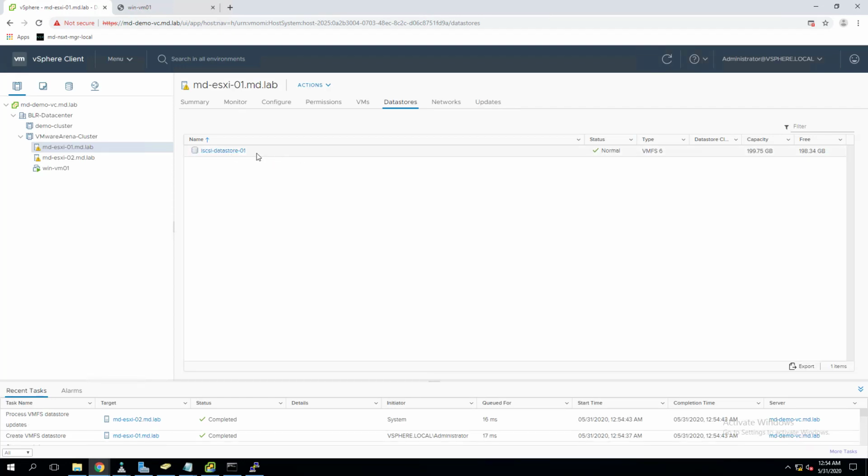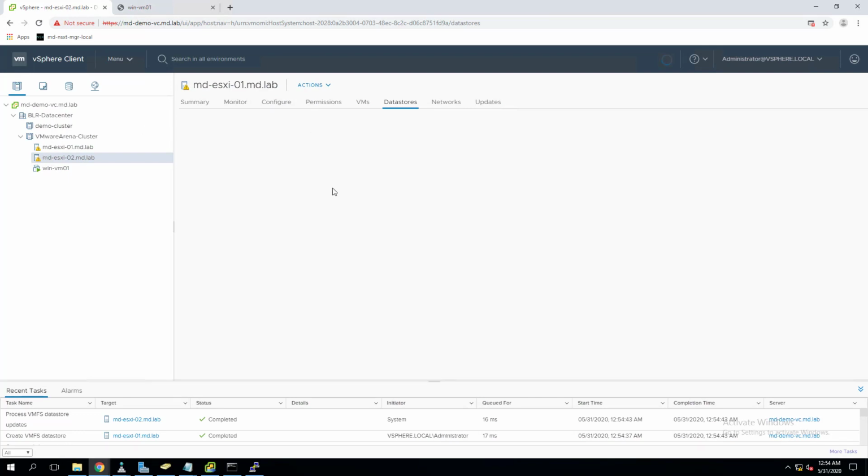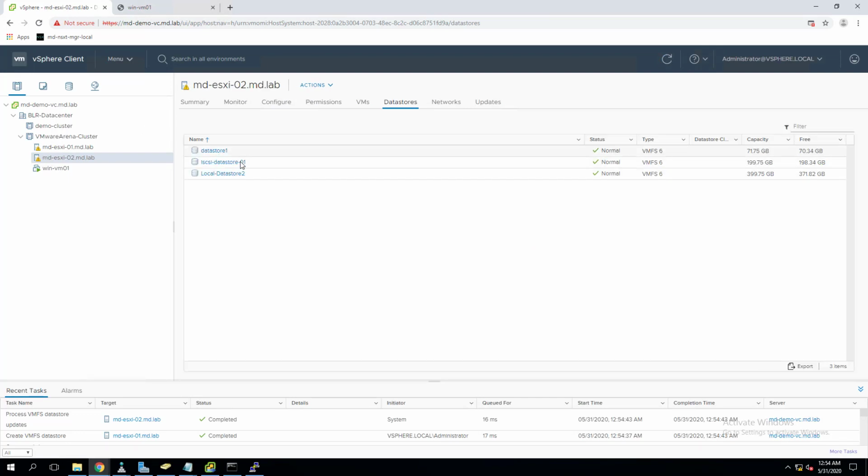Basically, that particular device, it will format as a VMFS file system, so that virtual machines can be stored here. And we don't need to do the same step on the second ESXi host, because once we create a data store on one host, it will automatically detect it, because the backend device is the same, which is coming from my iSCSI server. That's it. So we have created a shared storage based out of Windows Server. So we created an iSCSI shared storage here.